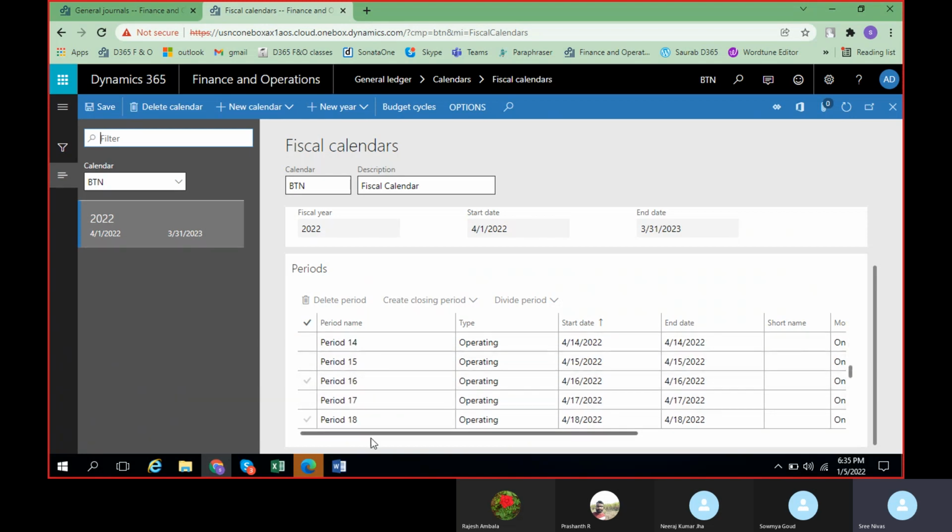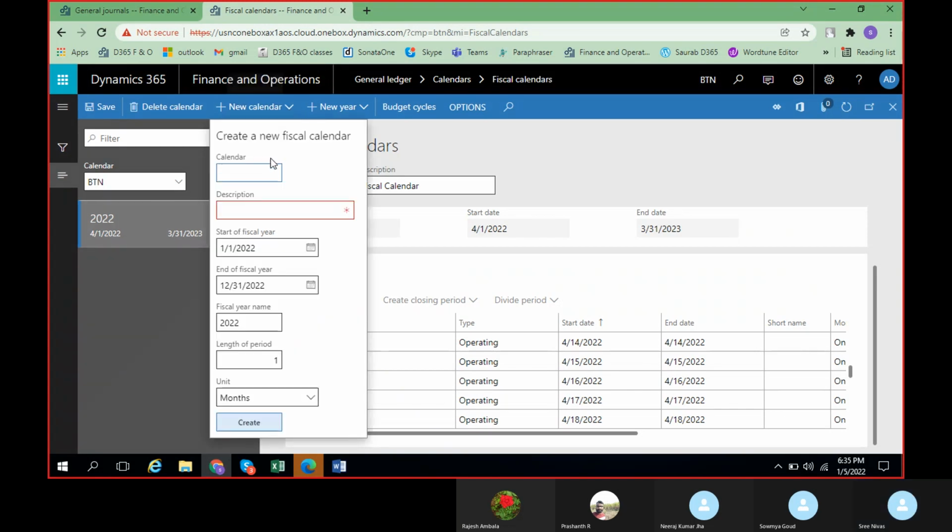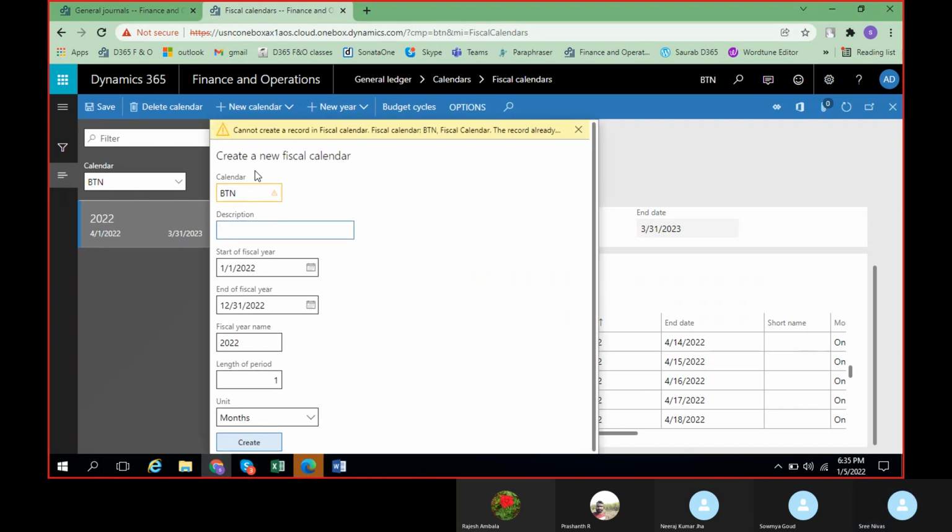Since we have already created this 360 day-wise calendar, this cannot be changed to monthly or weekly. For that you can create one more new calendar. Let us try to create multiple calendars here. We need to give a name, let us give demo.